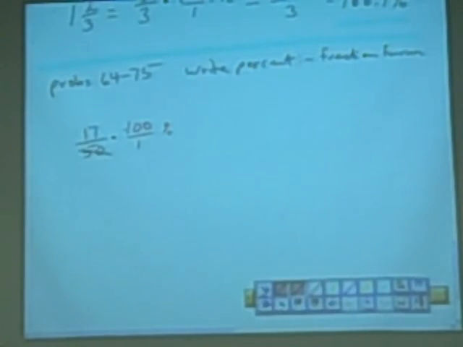Yeah, we can. 50 can go into 100, right? 2 times. And so 50 goes into itself once. So 17 times 2, that's going to be what? 34%. Okay? So let's say that we have one such